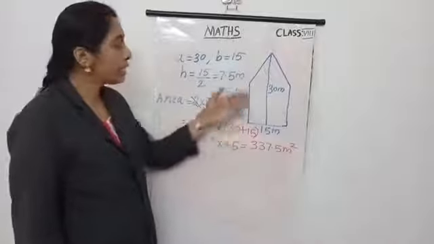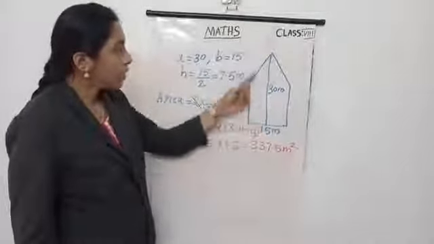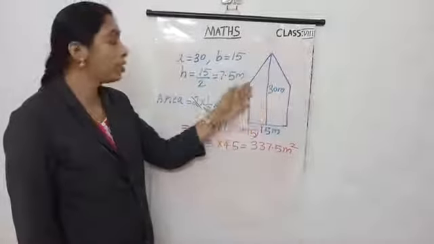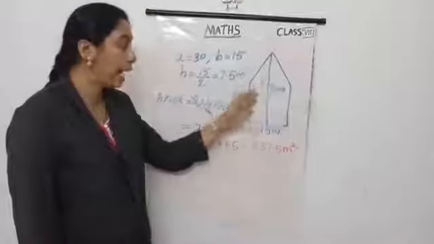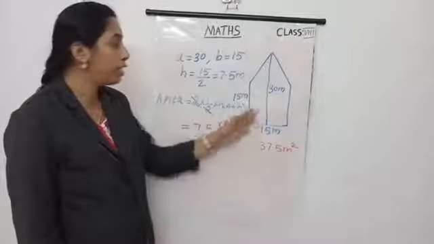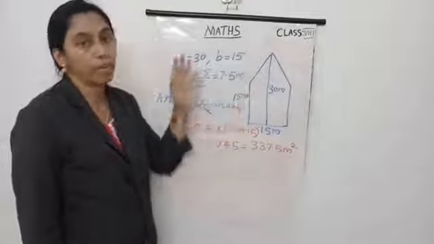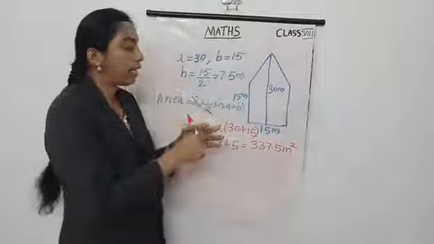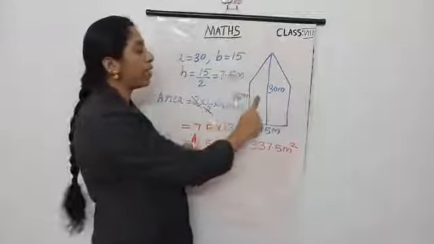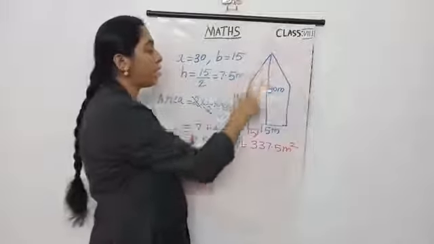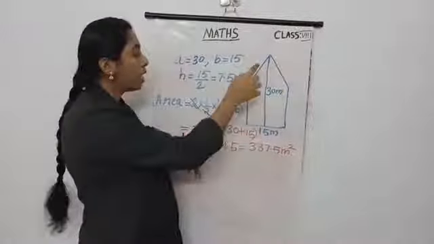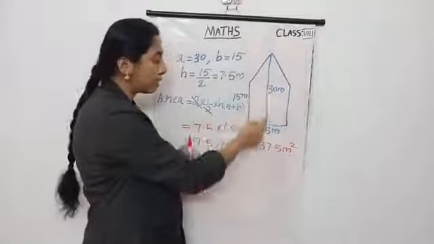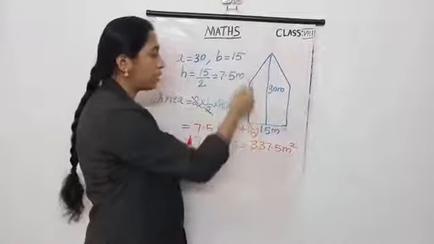According to Jyoti's diagram, this is the diagram. Split this pentagon into 2 congruent or 2 identical trapeziums. That means both have same area. So we need to find area of one trapezium and multiply with 2. We get the total area of this park. Now this height is already given in textbook, that is 30 centimeter, and this side 15, this side also 15,